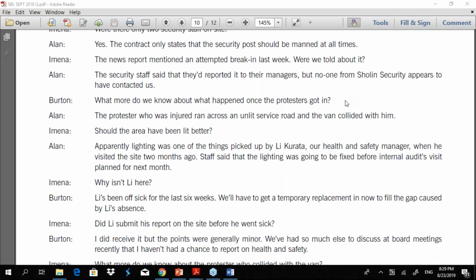Now, what is this confidential memo? What is the format for a confidential memo? We saw a memo. Now, what is a confidential memo?